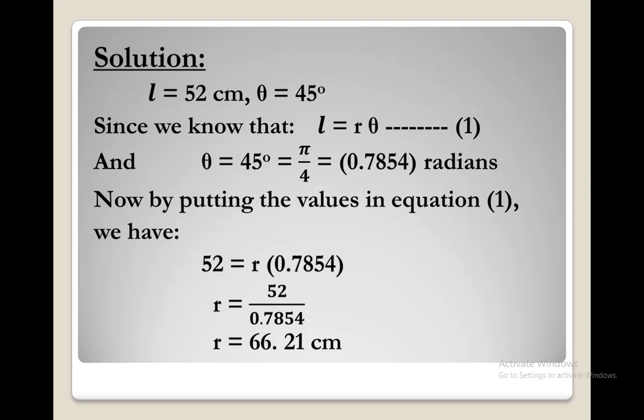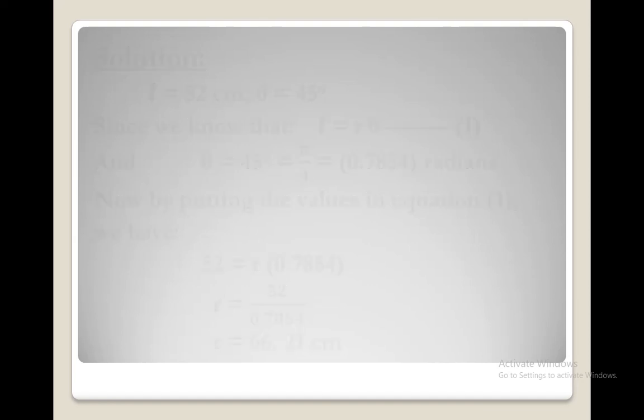Using our calculator, making it simplified form, it becomes 0.7854 radians. We have the basic rule derived today, L is equal to r theta. Putting the values, we have 52 is equal to r multiplied by 0.7854. Well clear, r will be 52 over 0.7854. Using the calculator, our result becomes 66.21. Unit will be same as that of small l given in the question. So 66.21 centimeter is my answer.